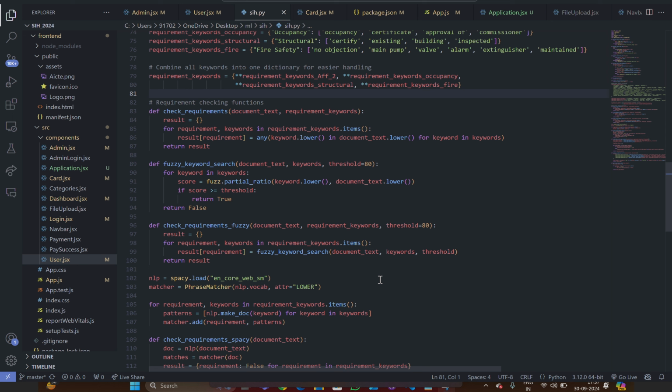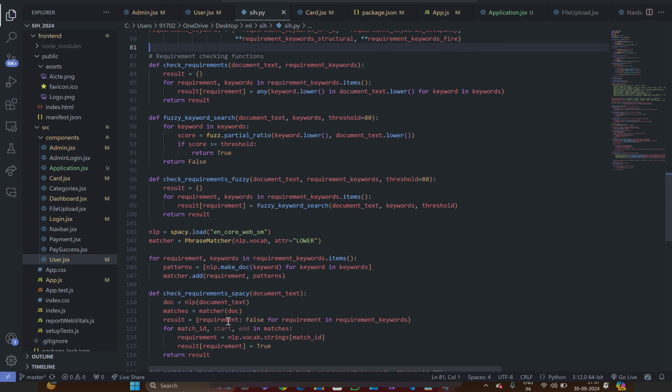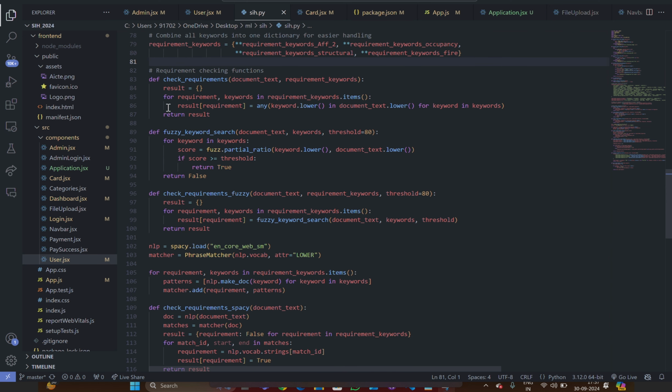The check requirements function is the one that performs the exact keyword matching to check if the document meets each requirement. The way it does this is it iterates through each requirement and its corresponding keyword in the requirement keywords, and upon discovering an exact match in your document, the dictionary returns a report with markings such as true or false based on whether the keyword was found or not.